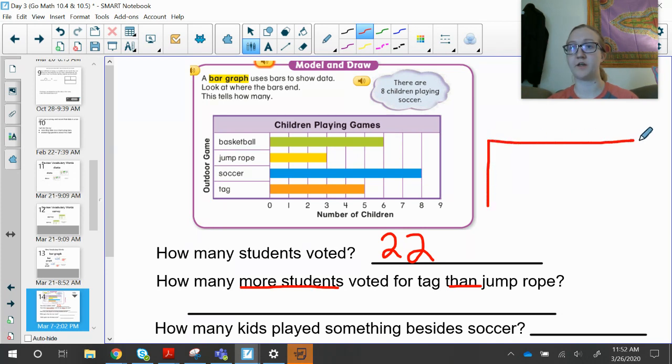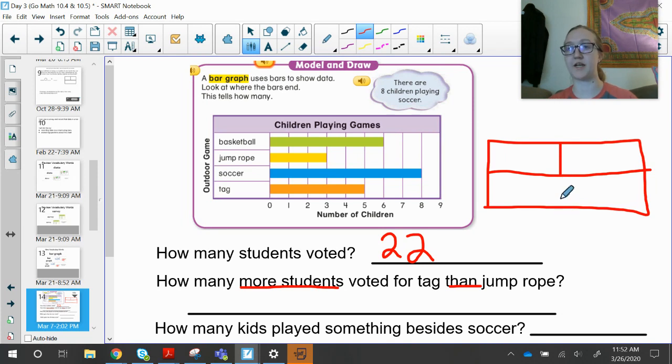My fun little cute box. So when you're comparing numbers, you want to put the bigger number as your whole with our box right here. So if I look, jump rope has 3 and tag has 5. 5 is bigger than 3, so I'm going to put the 5 on the bottom. Then I'm going to put the 3 on top. Then I'm comparing, so 3 plus what equals 5? Because that's how many more students